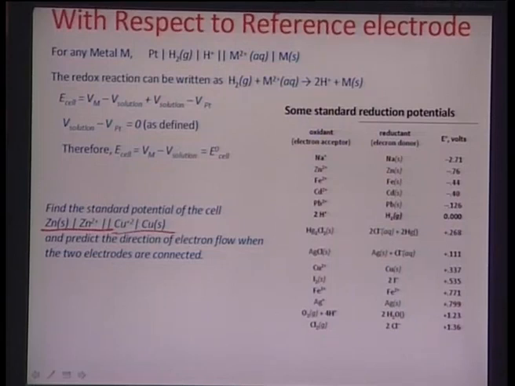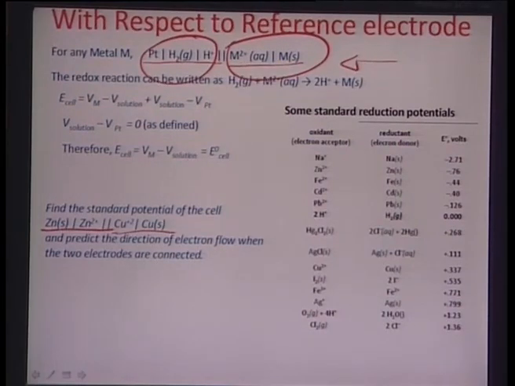If we consider an electrode where one side is the standard hydrogen electrode and the other side is the particular metal of interest, how can we write this redox couple? Here, in this particular cell, when we write a combination of a metal solution and a metal with respect to the standard hydrogen electrode with platinum as the conduit, hydrogen is getting oxidized